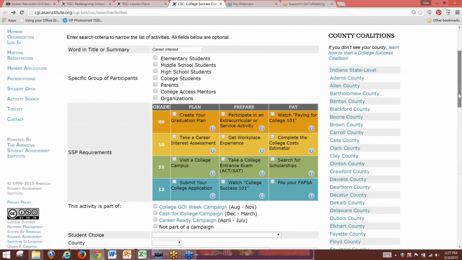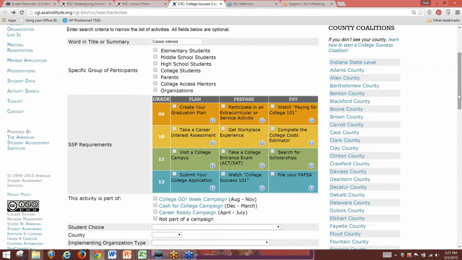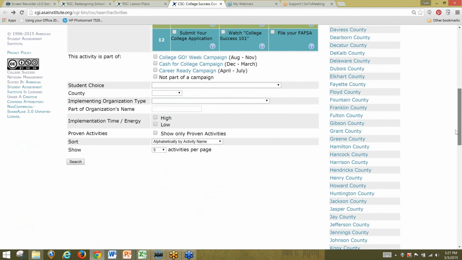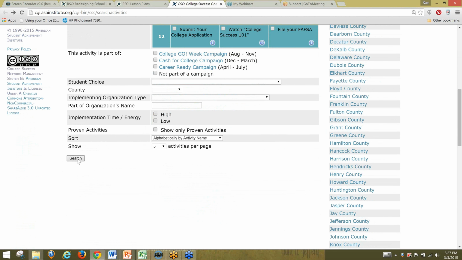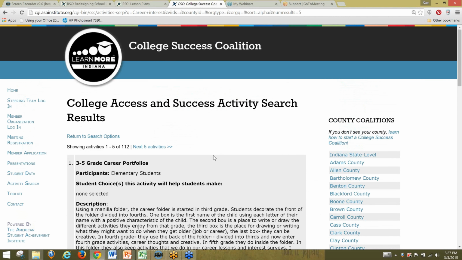I also, for school counselors, you know that 21st Century Scholars now need to participate in the Scholar Success Program activities to qualify for their 21st Century Scholars Award. And you can also say that you want to see Scholar Success activities that have been implemented in different communities. Okay, and then I'm going to just search, and I don't know what we're going to come up with, but